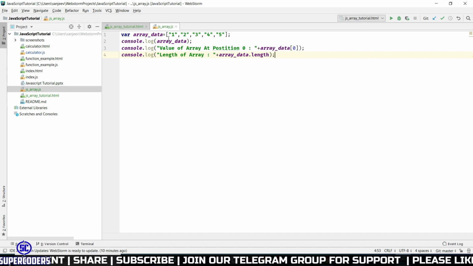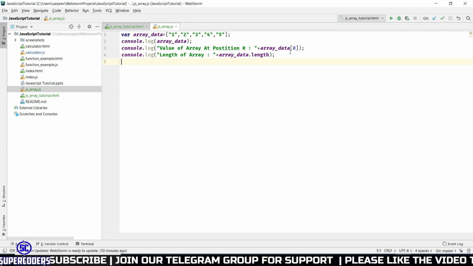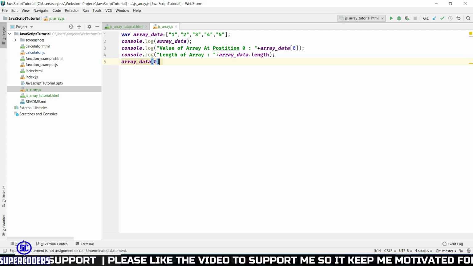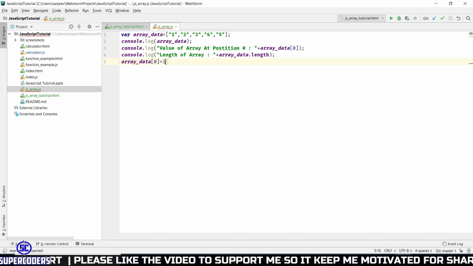Now let's see how you can change the value of an array. First you see I am printing the array value at position 0. Now let's change the value 1 to 11. So let's change this: array data, then again the array index, pass 0, then set the new value. So setting the new value 11 and semicolon.